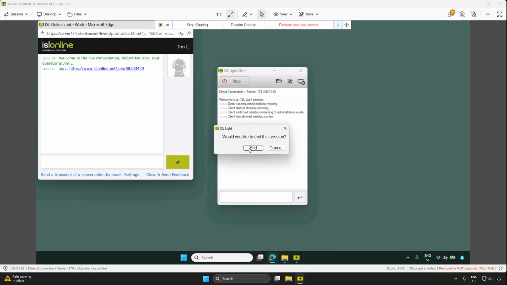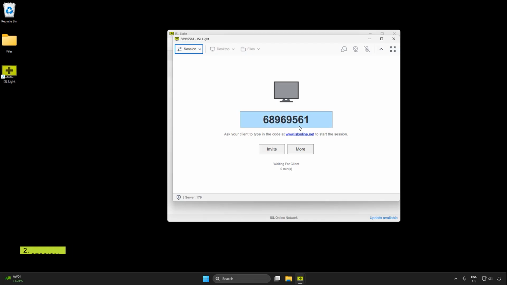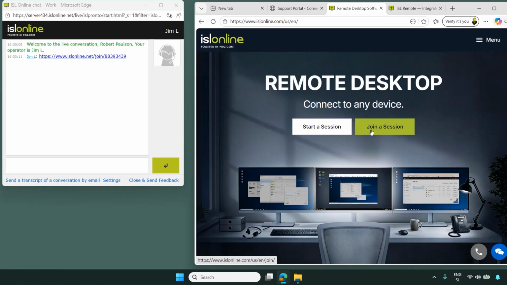So that's the general idea for a one-time support session, but let's say, for example, I'm on the phone with the client. I don't really have the ability to paste them a link that they can click on. So what I do in that case is I click New Session, and instead of going to the copy URL, we're just going to indicate the session code to the client. We can also copy-paste it if we want to. There are reasons to do so, but in our scenario, we're over the phone, so no copy-pasting.